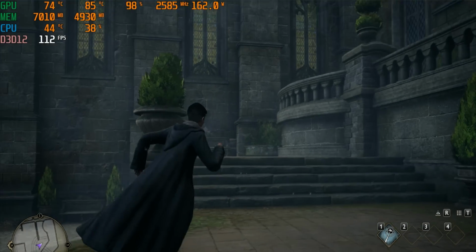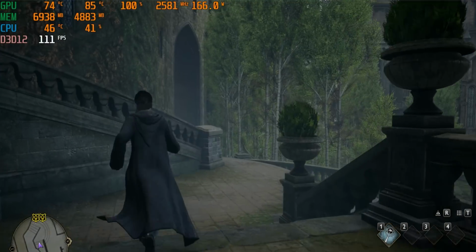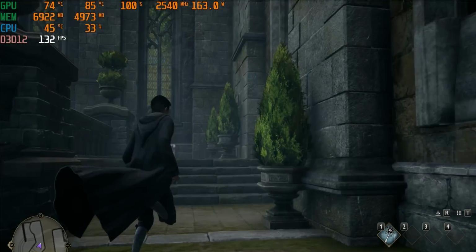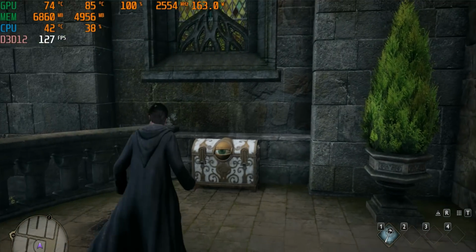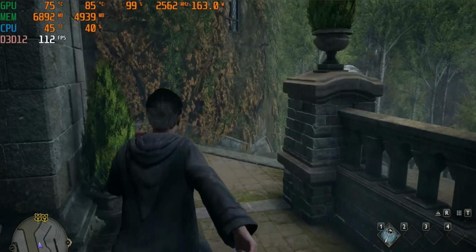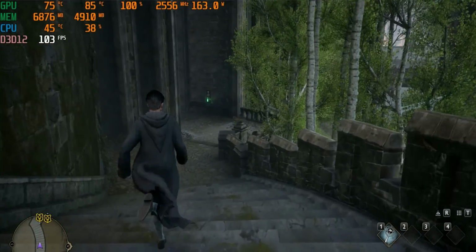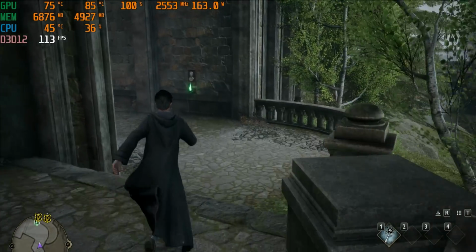But let's try this one more time, this time at 1080p. And as you can see, our memory usage is now below 7,000, which is something I am pretty pleased to see. And it doesn't appear as if there's any form of texture streaming anymore, not at least at this part of the game. The frame rate as well is over 120 FPS now,